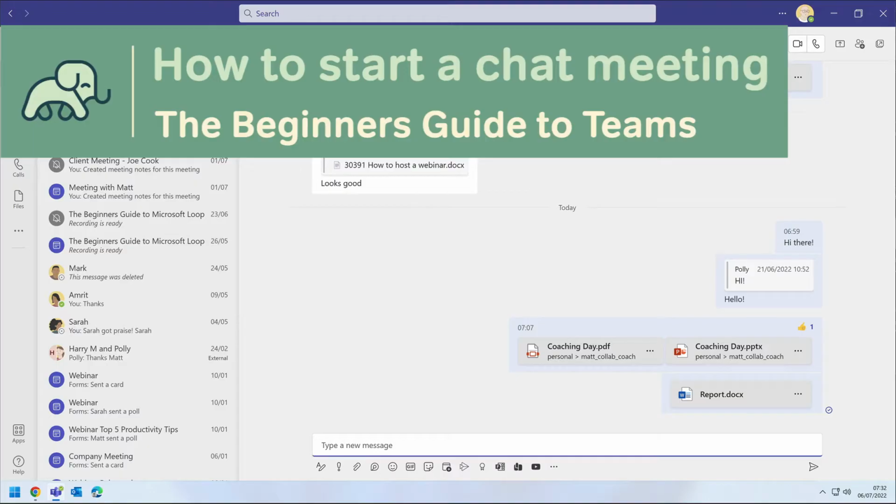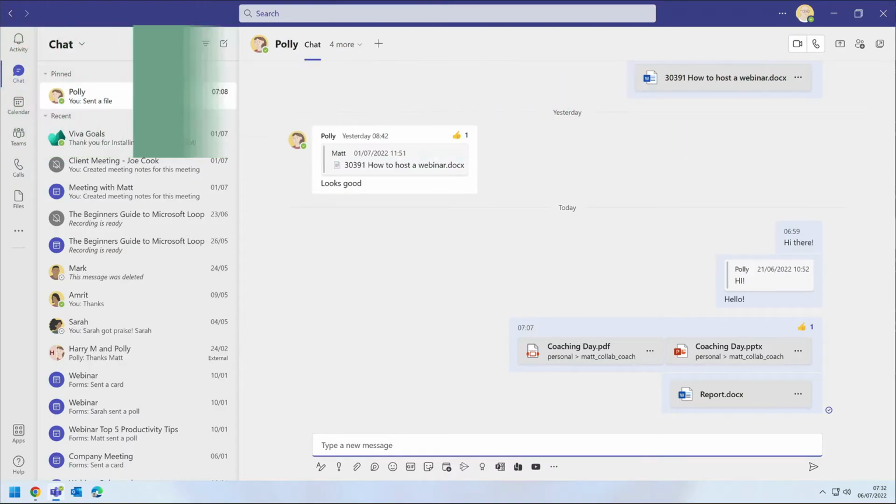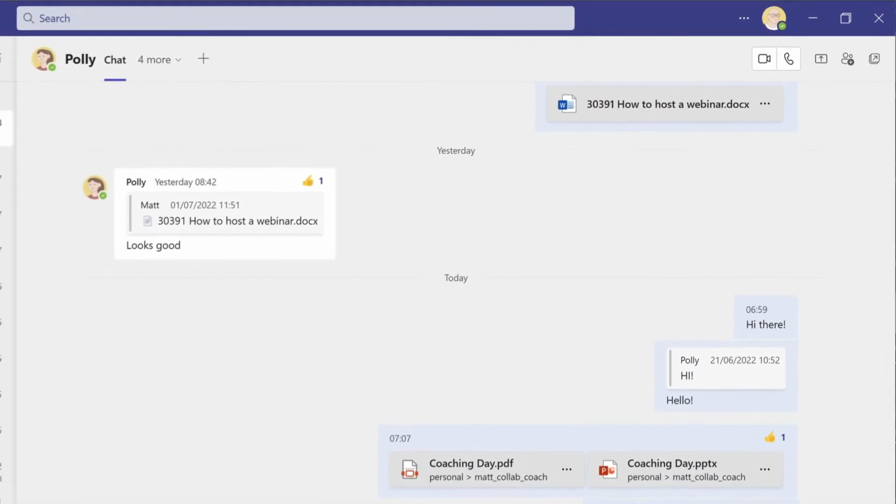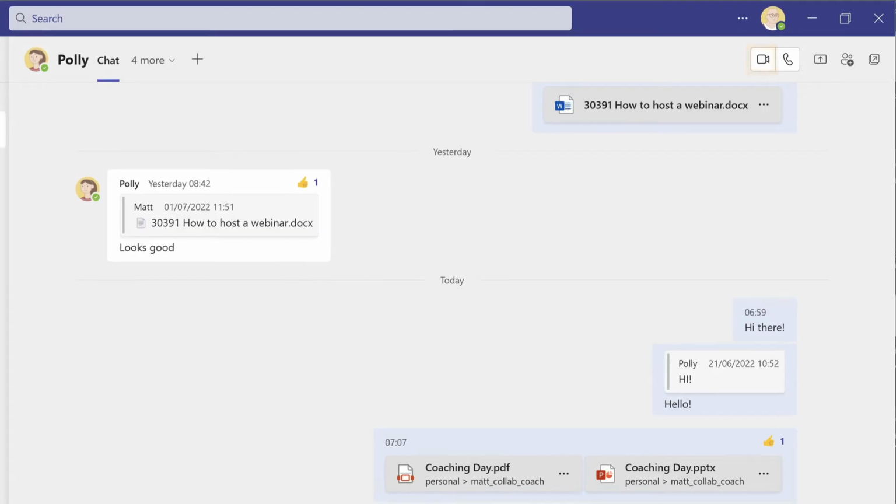As well as sending messages and sharing files in chat, there are other ways to communicate. You can start meetings, share your desktop, and add other people. In every chat, you'll see the buttons you can use to start a video or an audio call, and you can share either a window you already have open or your whole screen. And there's one button to add more people to the chat as well.